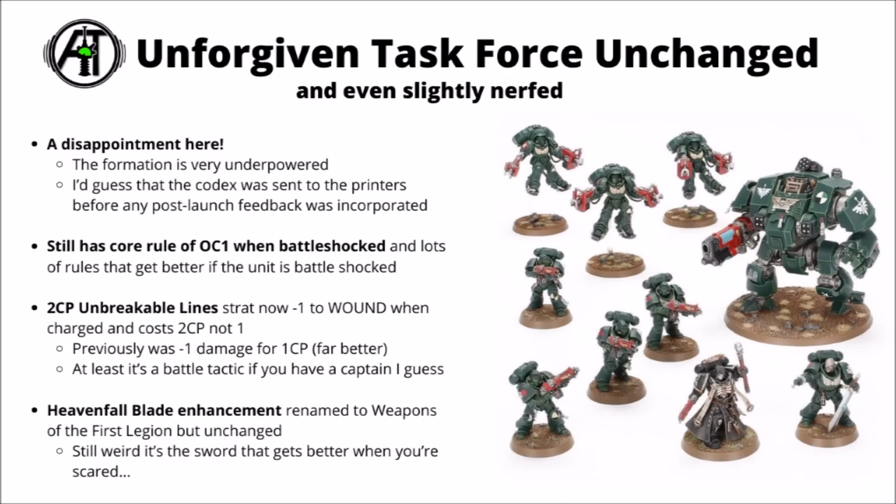One area that I think is just pretty much flat disappointment, though, is the Unforgiven task force basically being unchanged and actually being very slightly nerfed on one stratagem. I feel like this is one area that Dark Angels players might have had on their wish list for some improvement. Some of the stratagems and enhancements for the detachment are okay, though the core rule really is a letdown,